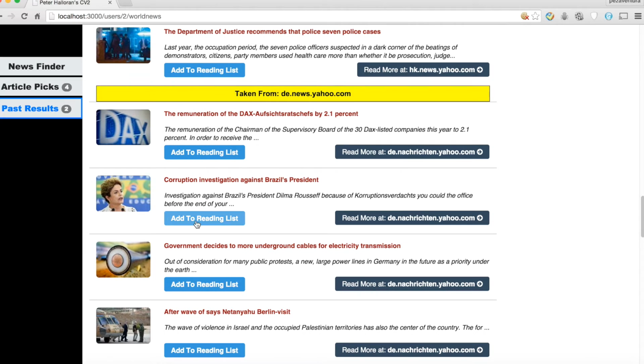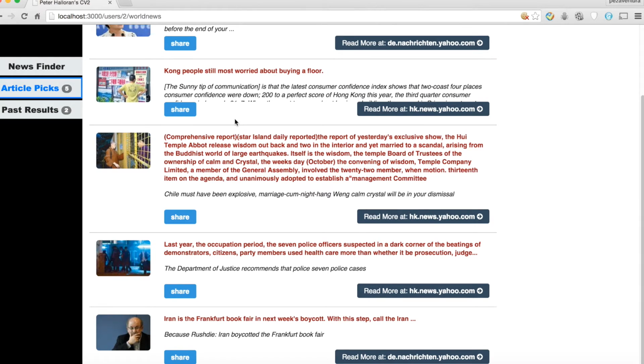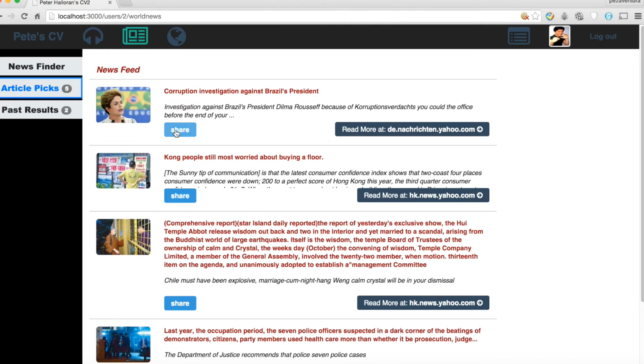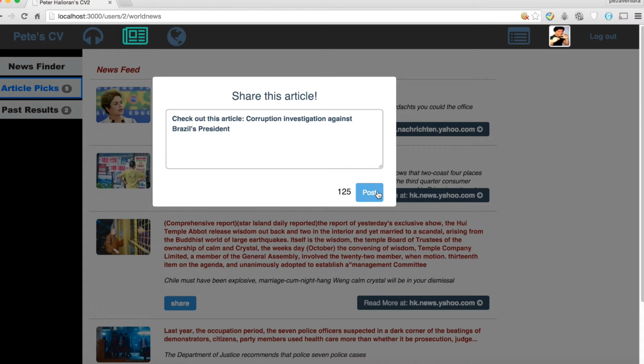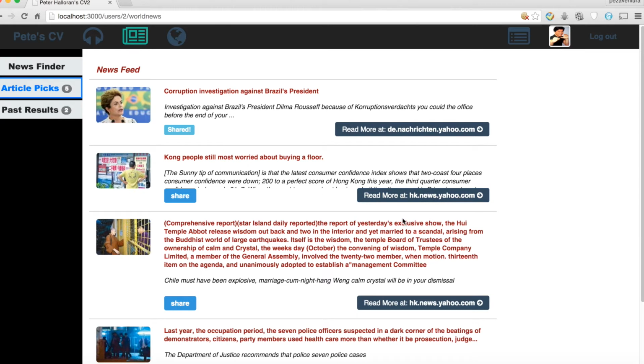Okay, corruption in Brazil, that seems interesting. Now, of course, I have the link, which I'm legally required to have. But you can share these. All right, check out this article. Cool, it's been shared. Okay, so I shared one article, and then we'll go to the Twitter social feed part.